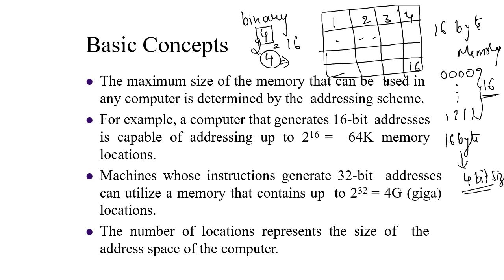We need to clarify one thing, that the address bus and the data bus are different. The data bus usually will be 8-bit. The data bus corresponds to the data that has to be stored inside the location. So the address specifies which location you are choosing, and the data is the one that gets stored in that location. So at the beginning, we need to clarify ourselves about the address and the data.